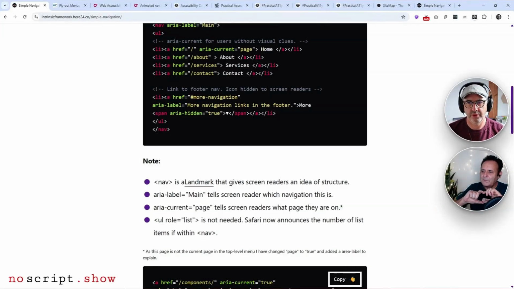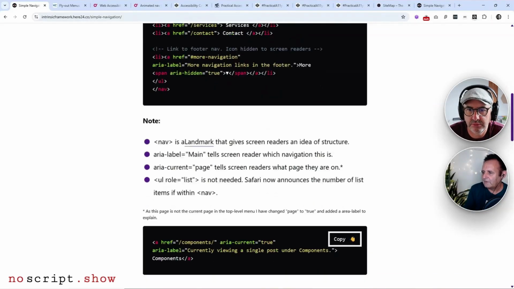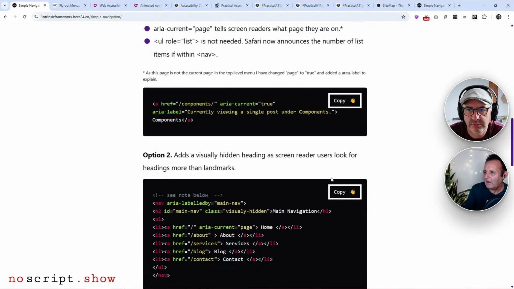I've made some quick marks that nav is a landmark. So that's a way of being able to tell screen readers the structure. There's 8 of them that are commonly known, like a banner, which tells them it's a header, and a nav within that tells them what the navs are. So they can move around from it. But the interesting thing is, and this is why I've got option 2, I'll just skip ahead here,